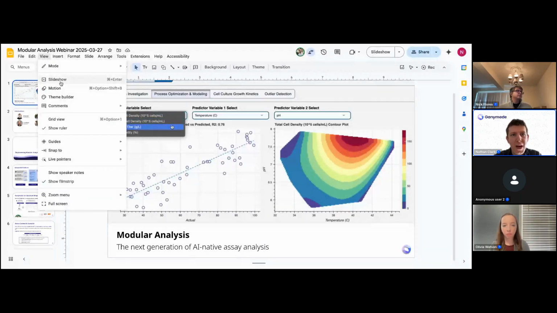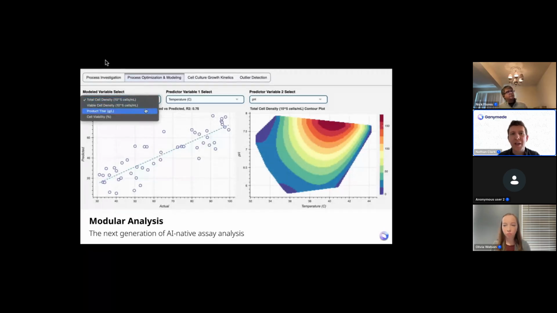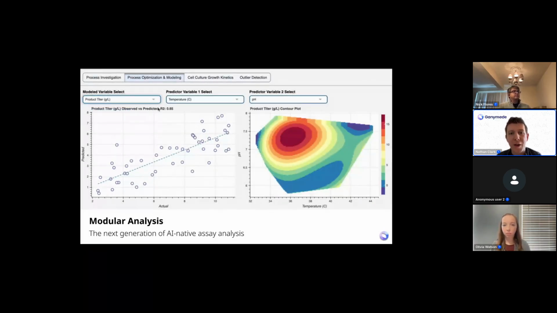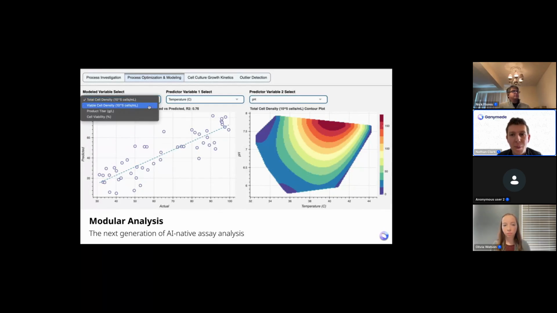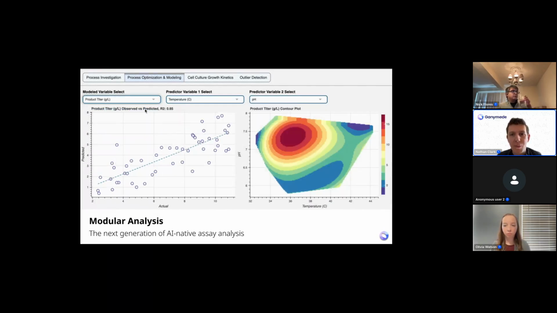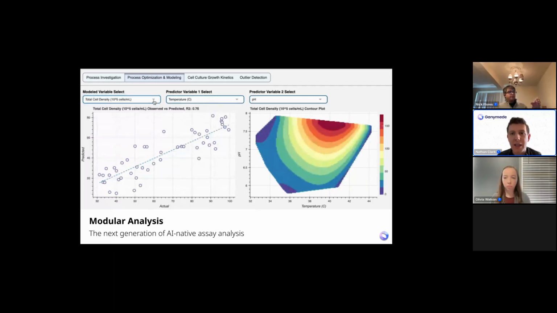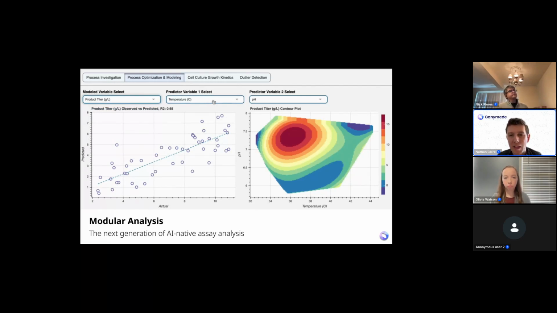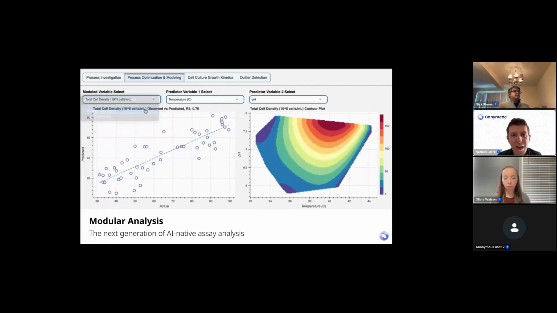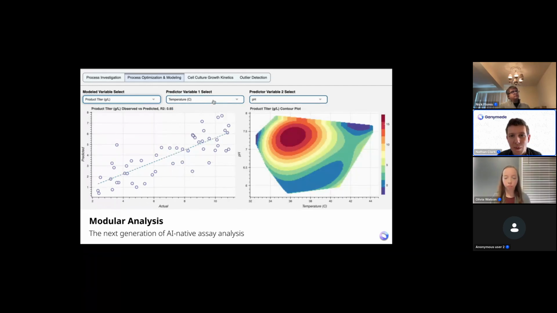So I'm really excited to present this. This has been something that we've been working on with our clients for months now. Modular analysis is a new capability in the Ganymede platform to build out and offer very highly specialized analysis tools directly linked to your instruments and apps. This is something that has been a high demand thing and is already yielding some pretty impressive results with our